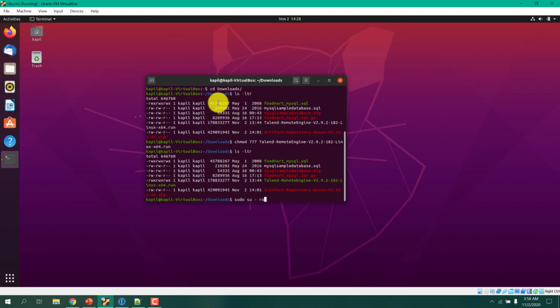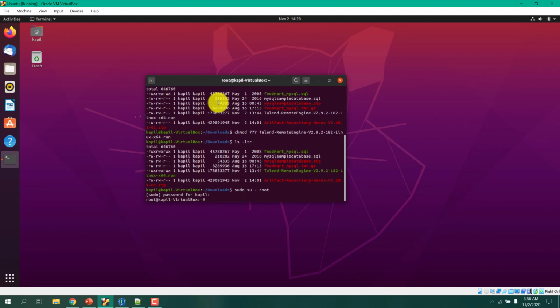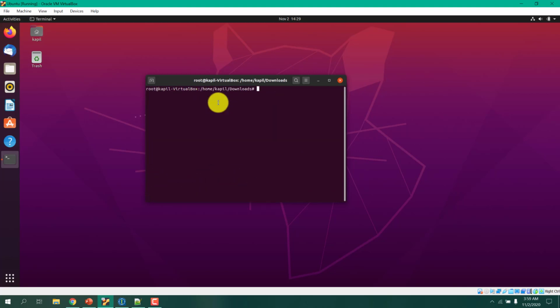So I'm going to sudo to root. Since I have it as executable, I can see the file. So I'm going to run it now,